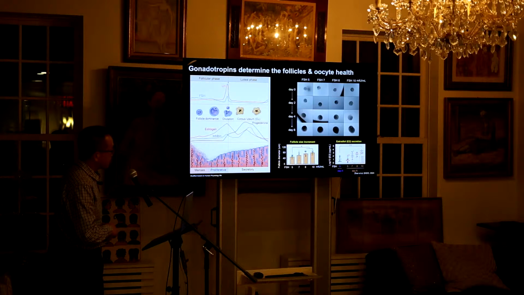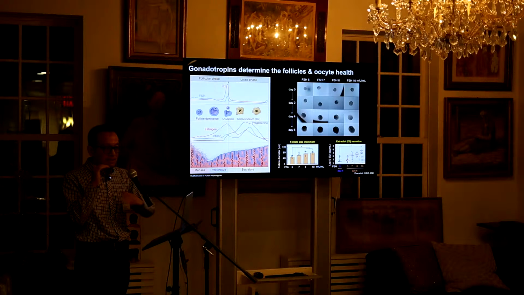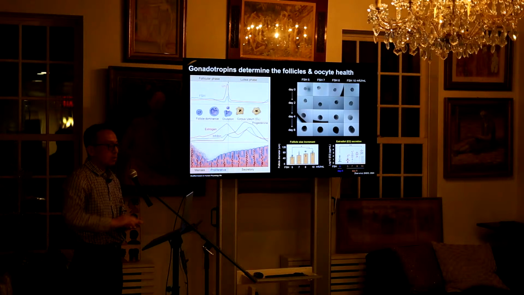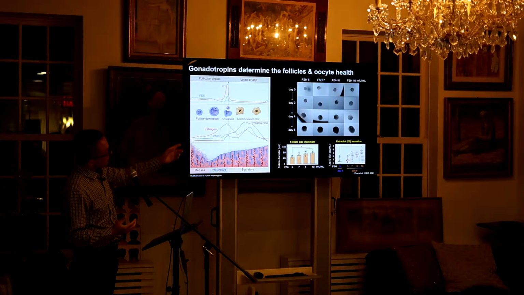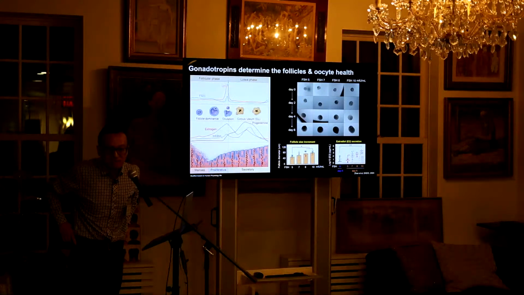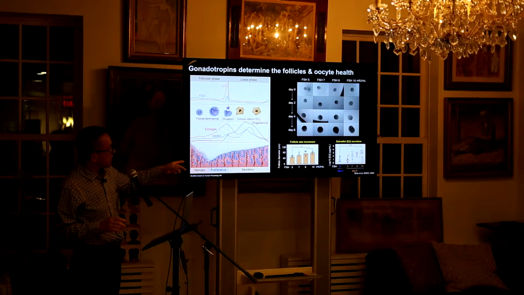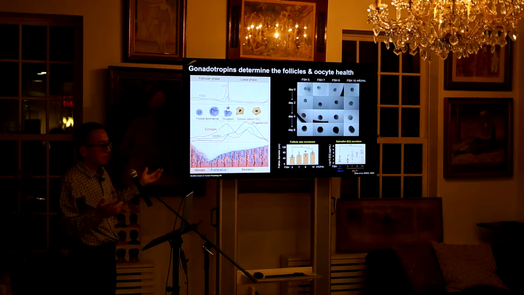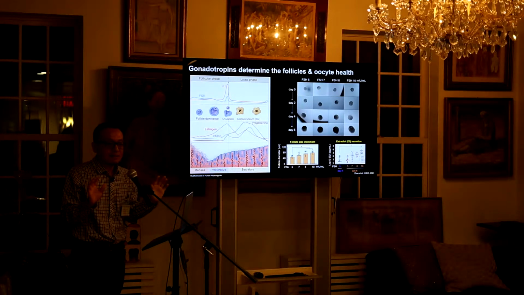So what we did is use our follicle culture model and give them different FSH to see whether there's a threshold required for the follicle to acquire dominancy or maturation, so they can go through the whole process and become ready for ovulation. Overall, the answer is yes. In our follicle culture system, we give them different concentrations of FSH: 5, 7, 8, and 10 milli-IU per ml. And from the figure, you can see that 5 didn't do anything.